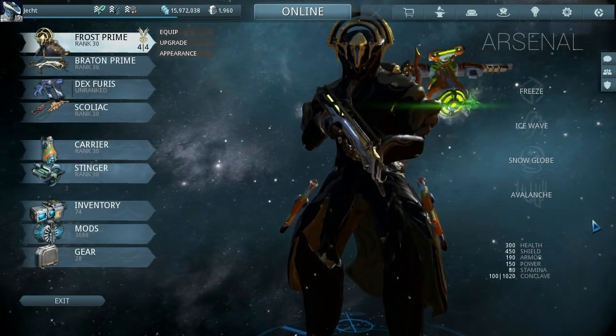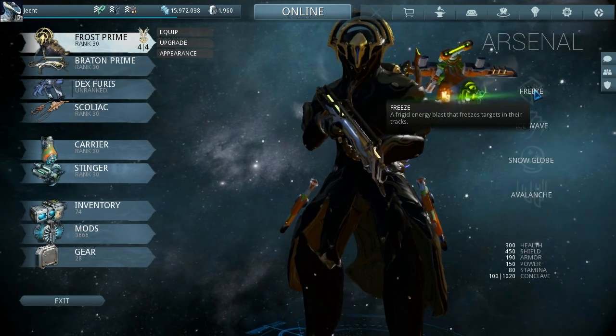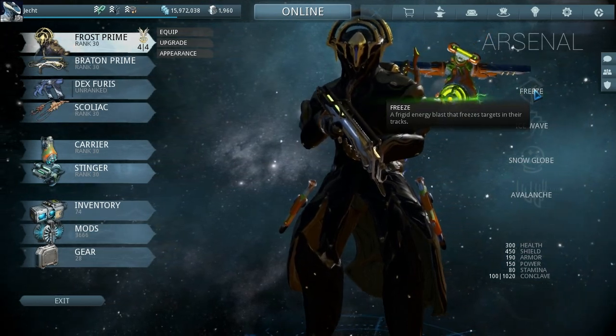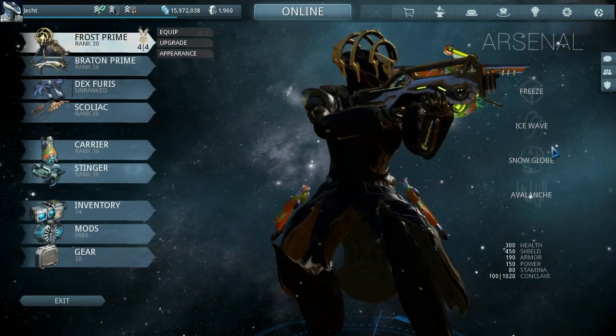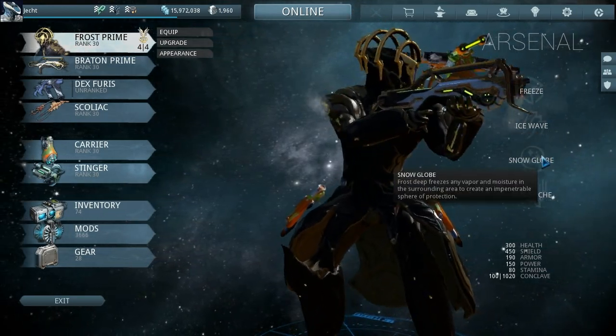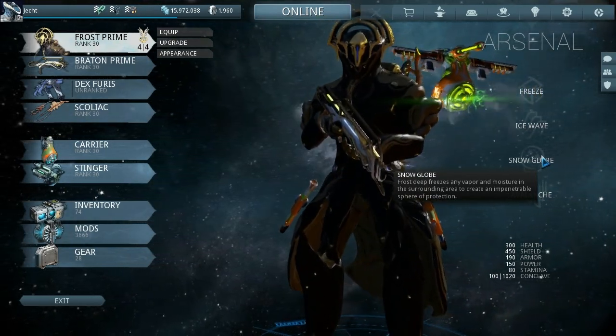And they have the same abilities. Freeze, you literally freeze somebody, but as soon as you shoot them, they basically become unfrozen. Ice Wave does exactly what it says. It shoots a wave of ice out the floor. Snow Globe is like a giant shield around you that recently got changed, so it goes by your health and...